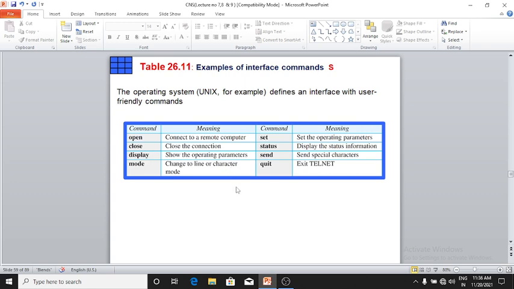Display shows the operating parameters. Mode changes to line or character mode. Set sets the operating parameters. Status displays the status information. Send is for sending special characters, and quit is for exiting Telnet. Clear? These are the commands.